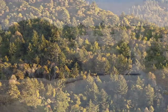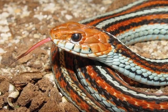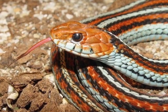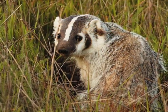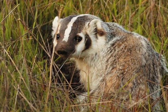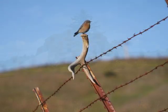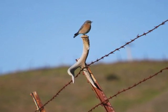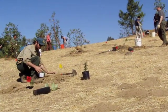In addition to acquiring land and building trails, the district restores habitat for wildlife, including habitat for threatened and endangered species. Beginning in the early 2000s, the district observed increased amounts of sediment washing into Horseshoe Lake at Skyline Ridge Open Space Preserve. This spelled potential trouble for wildlife using the lake. The district decided to step in by smoothing some of the slopes above the lake and stabilizing them using native